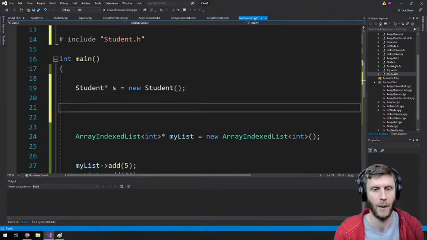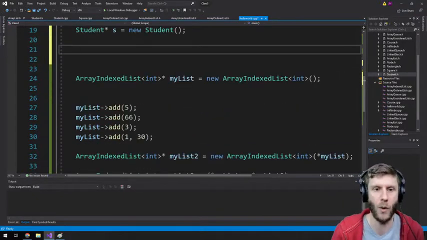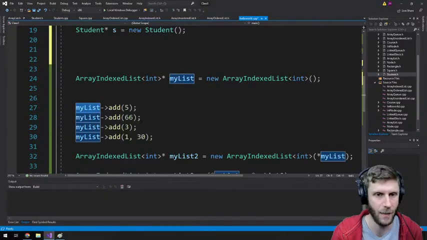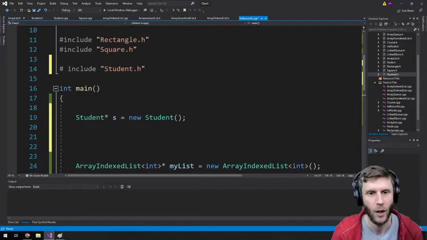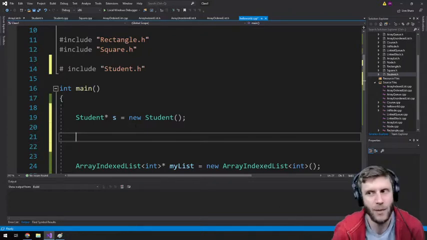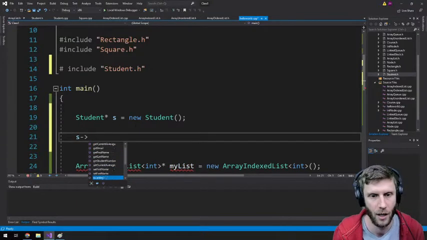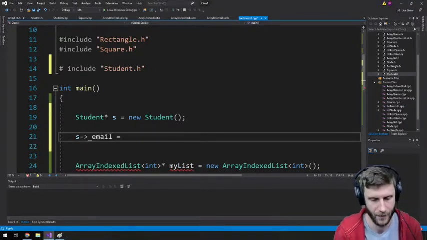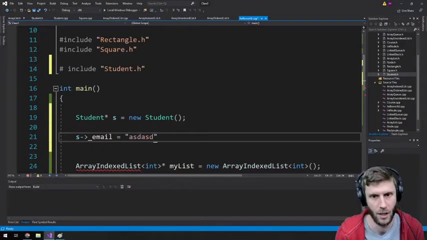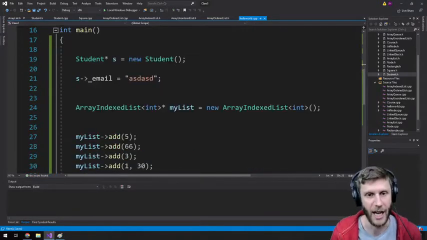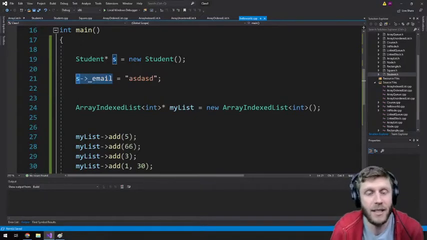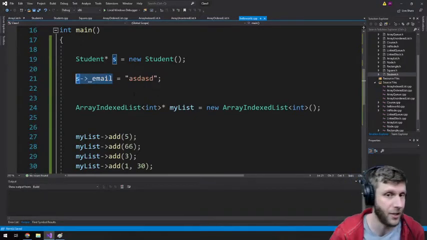So obviously we know we call the functions by saying the name of the object, the instance of the object. If it's a pointer, we use a little arrow, and then we call the function, and of course we need our open bracket, close bracket. Well, it's the same thing with attributes, but attributes are variables, they're not functions, so you don't use the parentheses there. You would do something like email equals, and this would work just fine. So it's the same syntax as if it was an object with the structure.